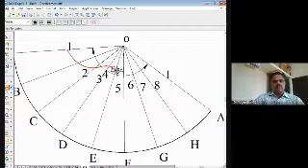Then you will have the point 5, right? The point 5 we have marked here somewhere. Then we are having the point 6, then the point 7, then the point 8. Then we are having the point 1 back.